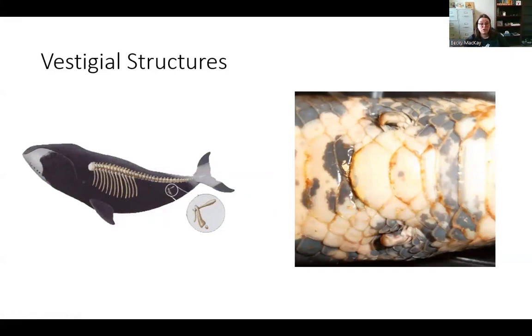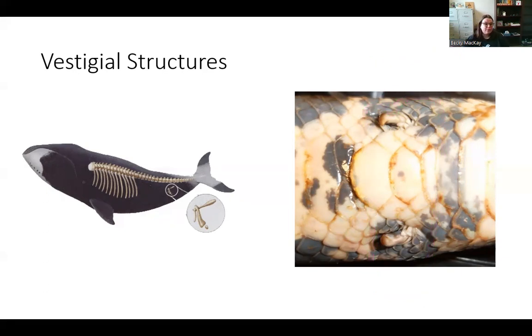Snakes also have this. Snakes used to have legs. Now they don't. They evolved really, really quickly. And there are still questions about how we have so many species of snakes so fast. But they lost their legs really fast. But some of them still have these vestigial structures called spurs. It's near the back. And some males use them to clasp onto females. So they have a little bit of a purpose, but some of them don't. They just seem to be left over from when they used to have legs. Now they don't have legs, but they still have little, like, I think of them as little nubbins.